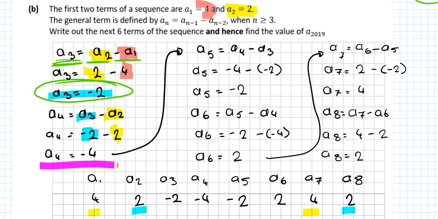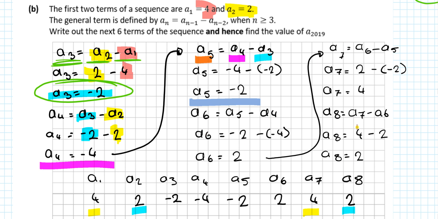If I want A5, I want to have A4 and take away A3, which would give me A5. If I want A6, and this is the point where he runs out of colours, I think. Yeah, if I want A6, I want to have A5 minus A4 and follow the process all the way down